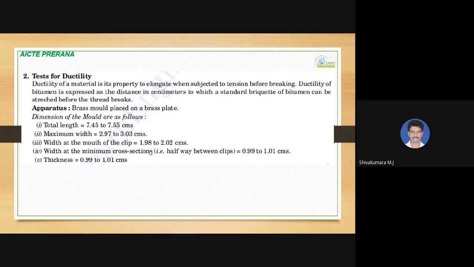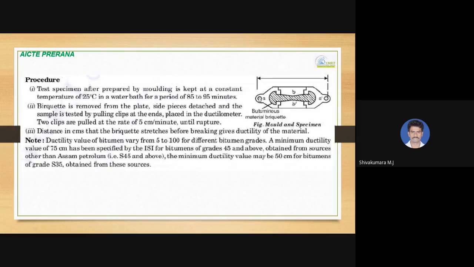width will be 2.97 to 3.03 centimeters, the width at the mouth of the clip 1.98 to 2.02 centimeters, and the width at the minimum cross section is around 0.99 to 1.01 centimeters, and its thickness will be in the range of 0.99 to 1.01 centimeters. So this is the briquette apparatus, and the testing procedure is